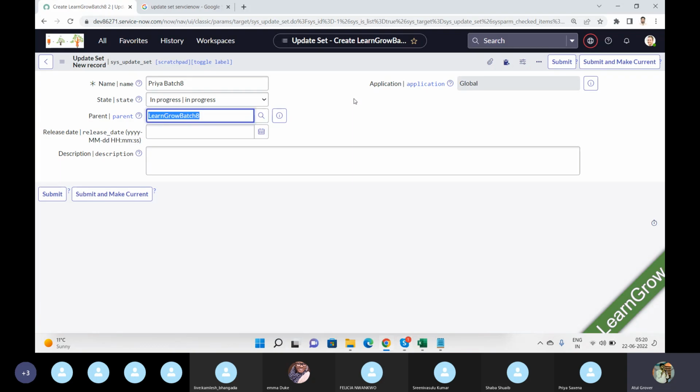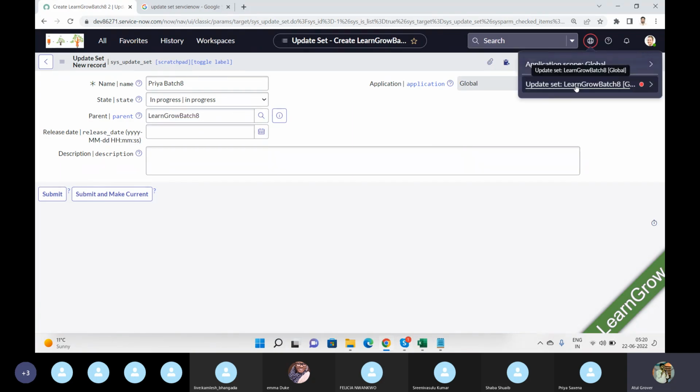Also, the second reason, as per the technical part, if you start capturing everything in the global, then later on, you're not able to find out that